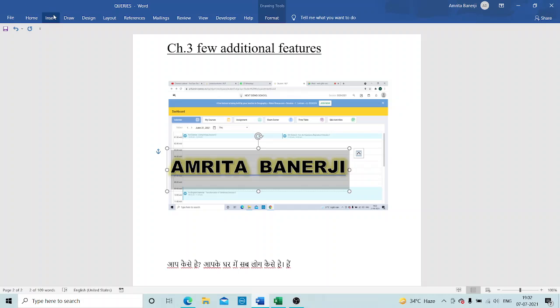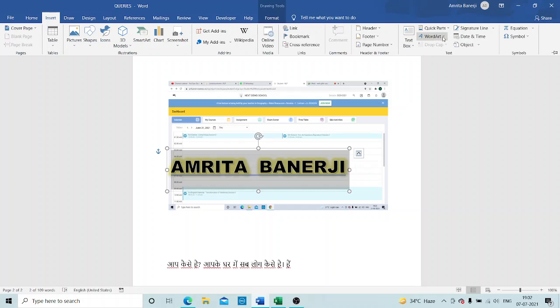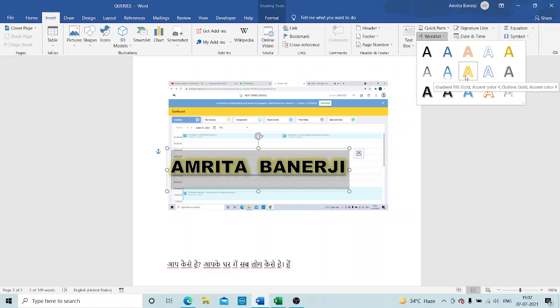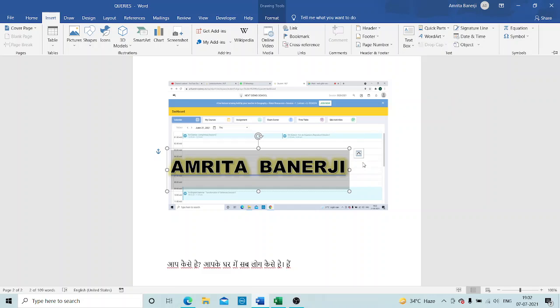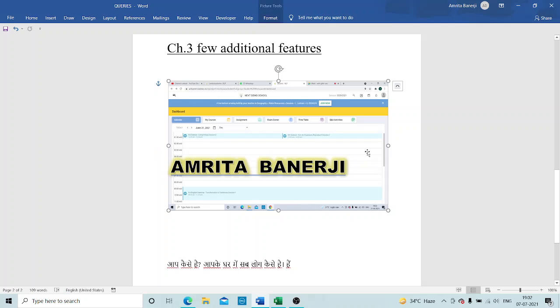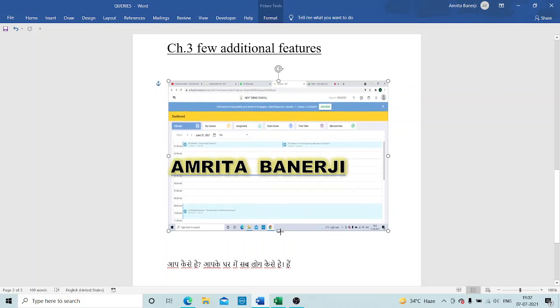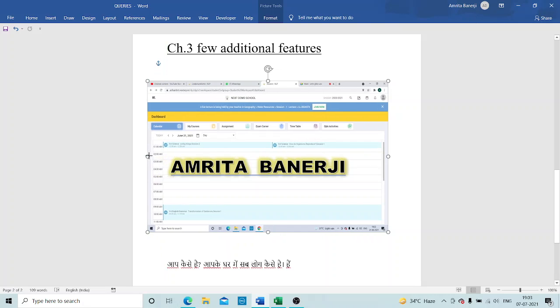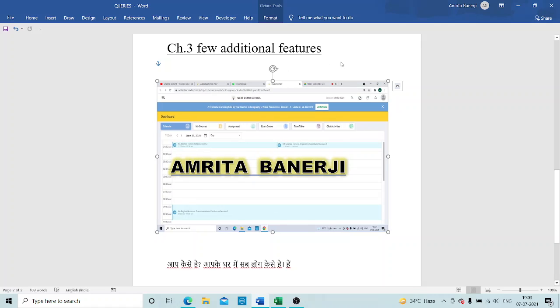So this word art option is also a very good option to enter any kind of beautifying text features. And this you can write even over your image also. And of course, once you have written this, you may resize your image to any required size, as per your convenience. So you can do all these things in Word, children.